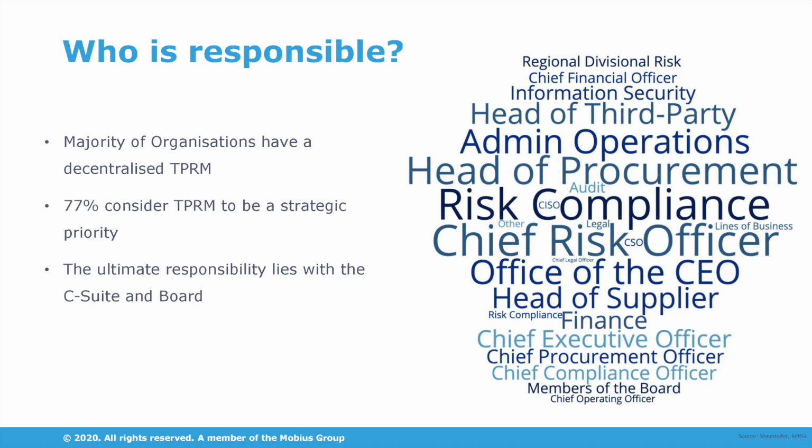So 77% of organizations that were polled in one survey did say that third-party risk management was really a strategic priority. So that shows the intent from an organizational perspective. I think unfortunately from a maturity perspective, there's still some work to be done. So I think that's why we've got so many people on the call and so much interest in this topic. There's an onus on us as risk professionals to start getting this ball rolling and improve that request from the strategic perspective to get this